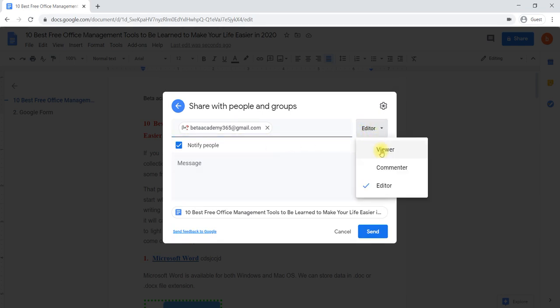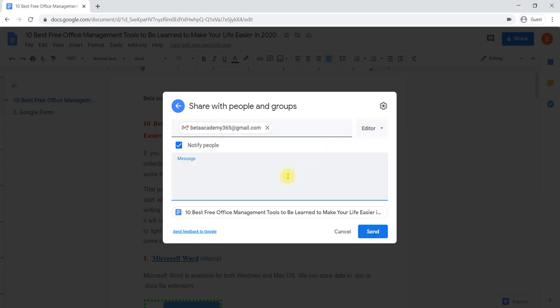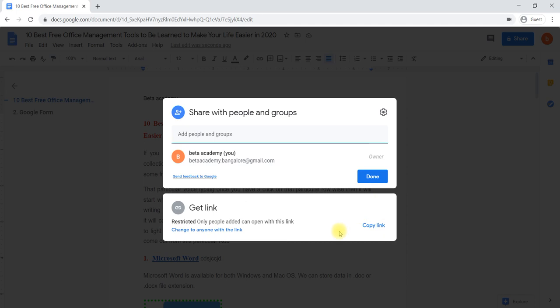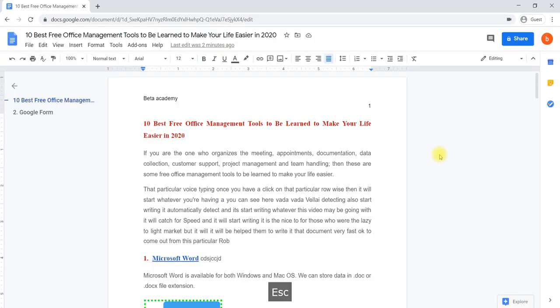Okay, once you have added, like I selected one particular person, can he edit, or can he only view, or only comment? That's the permission you are giving to those particular persons with whom you are sharing this file, and you can write a message about what needs to be done by your teammates. Okay, this is about the share option, and you can copy the link to share it on another platform like WhatsApp or any other messaging platform.